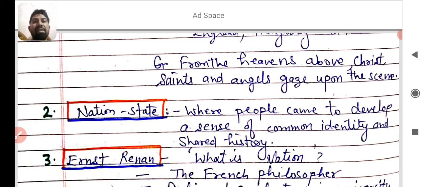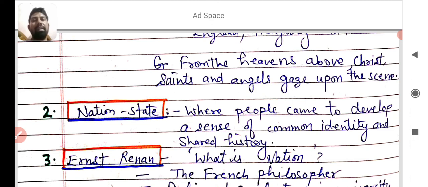Now you can say that India is a nation state where people come to develop a sense of common identity. Common identity means first of all they are Indian, and next they have a shared history, and you know that India is a nation state. I hope with the example you got this point. Next,